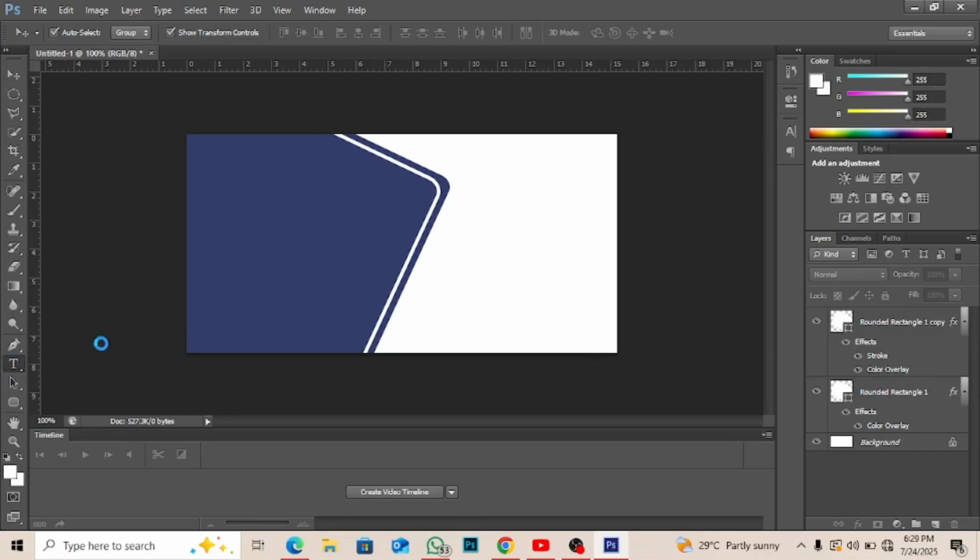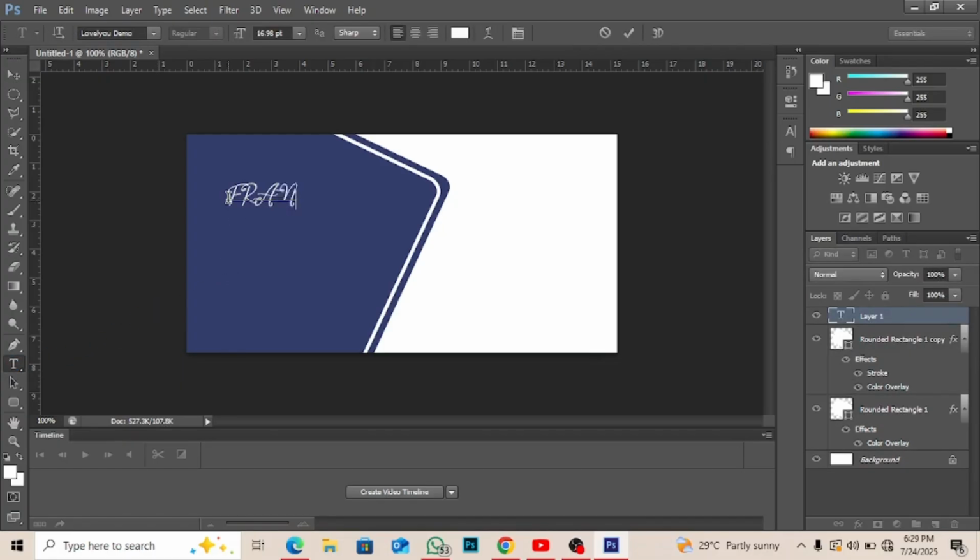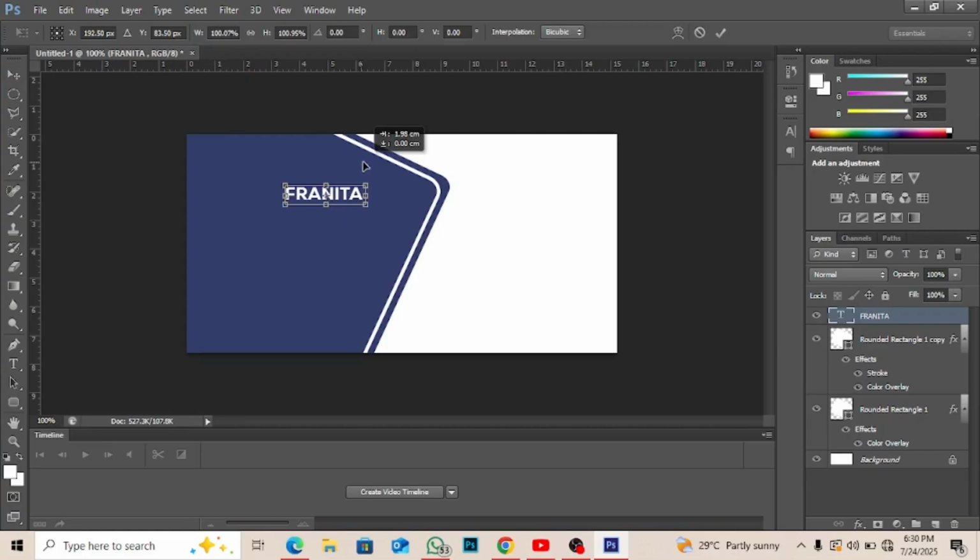So I select the text tool and I click on it. I type Franita. Okay, let me do the Franita before I do the Ventures. So I can change the font style, go here, and type in the font style if you know the name. Okay, I can choose the heavy one. Using the move tool, I adjust the size